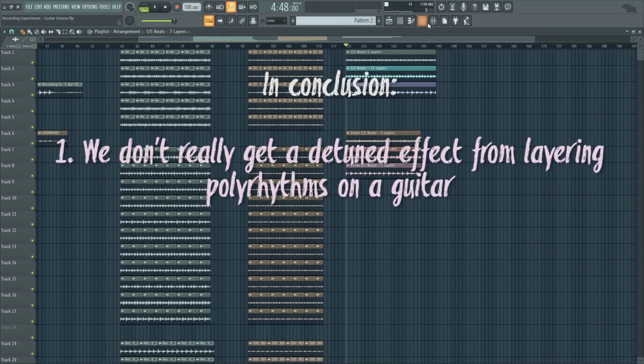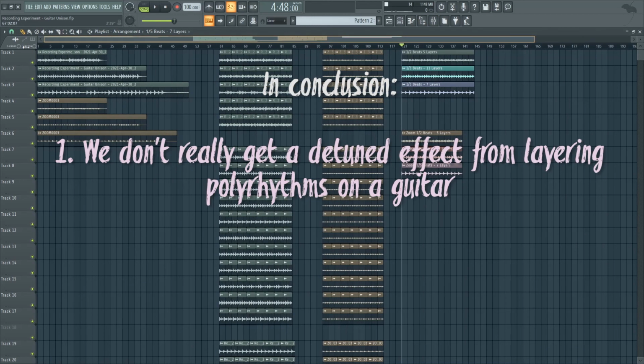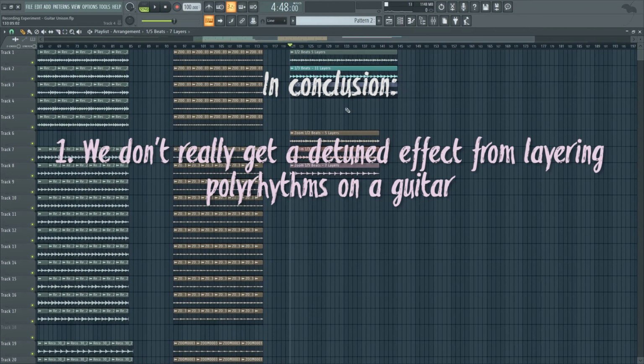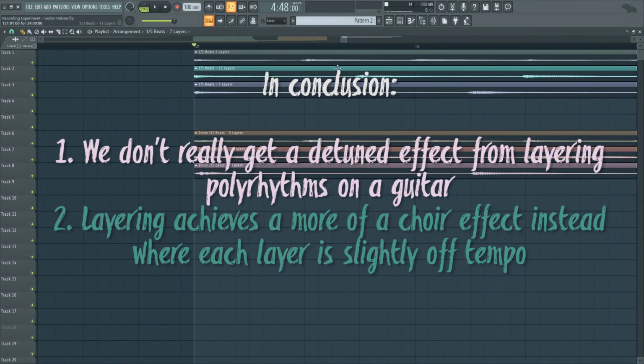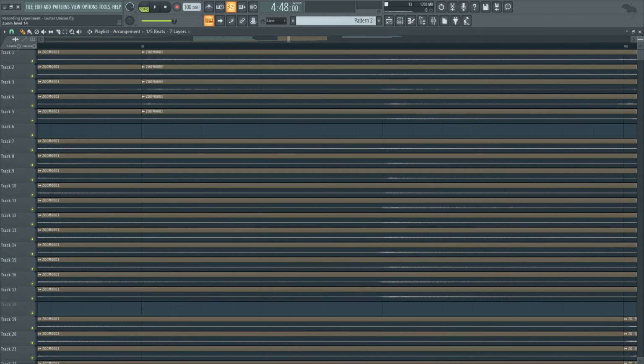So for conclusion, I don't think we've managed to create a unison effect, mostly because the guitar stays in tune, even though I play a lot of different takes. Like you can see, there are about 20 takes here. But I think that we did notice that once you add more and more takes, you're going to get a subtle choir effect where each note is slightly off rhythm with the other between the takes, like here, for example, where you have slightly different rhythmic